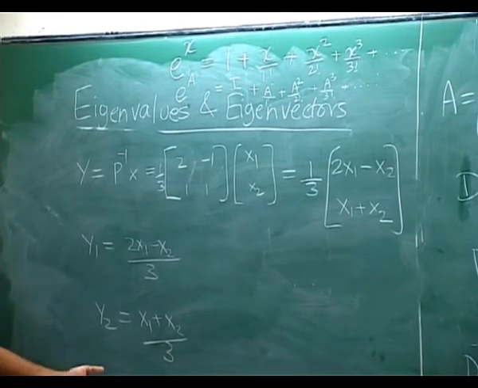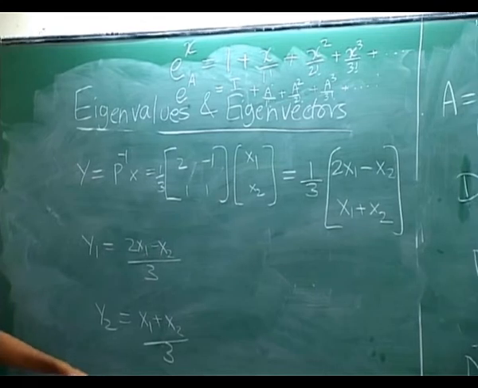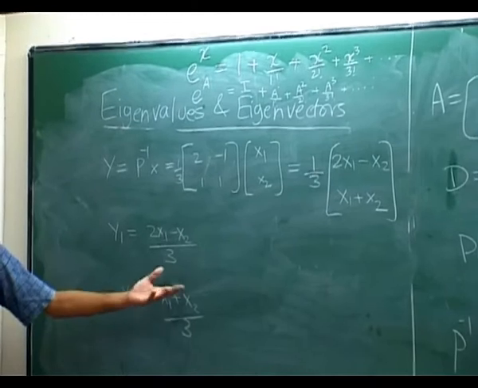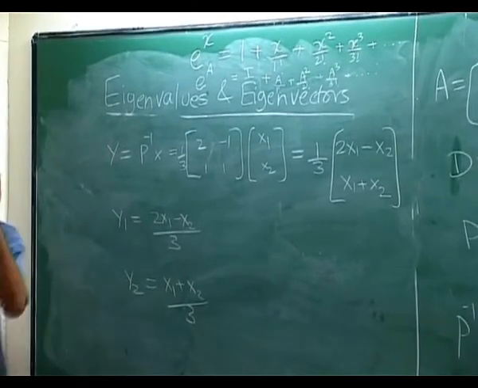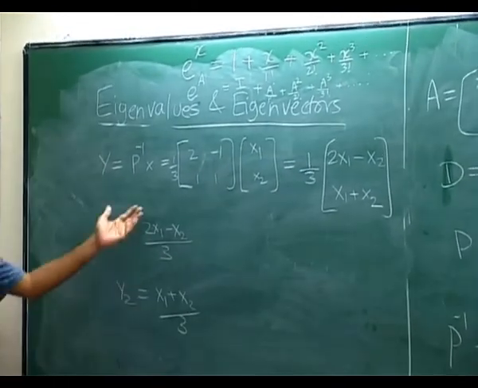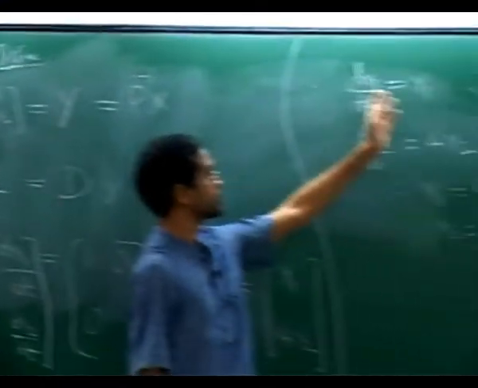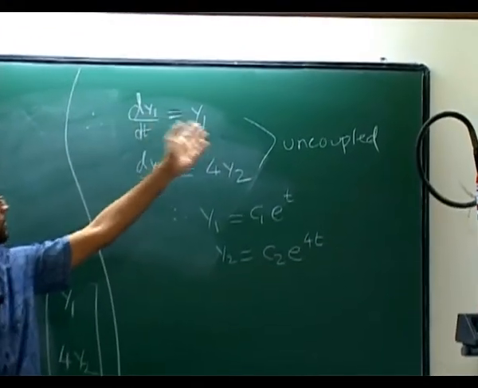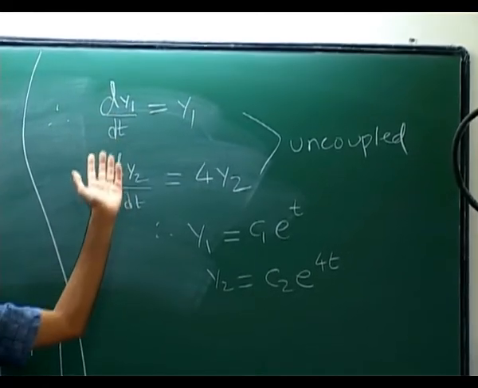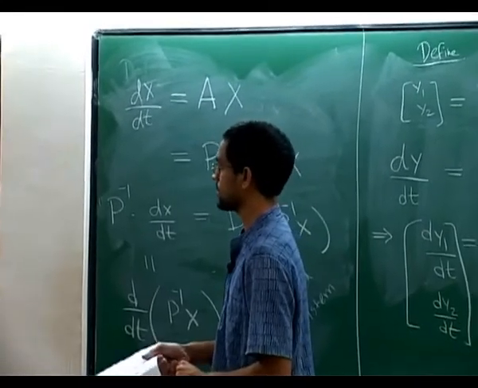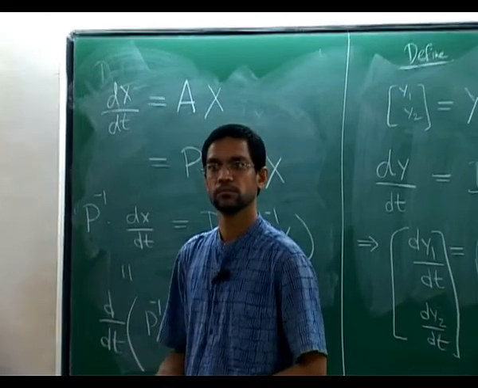Right? So are these the same as the y1 y2 we had initially? Almost, up to the divided by 3. That's only a constant, right? So instead of this, you can always take any constant times this, and the two equations will look the same because you can always multiply. If dy1 dt is y1, and instead of y1 I choose 3y1, I will still get the same equation because I will multiply both sides by 3, and the same for y2, right? So it's almost the same as what we had, except it's differing by a constant. Okay, so any questions on this procedure itself?